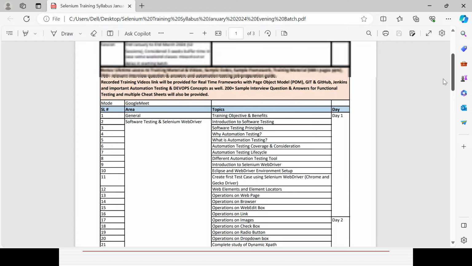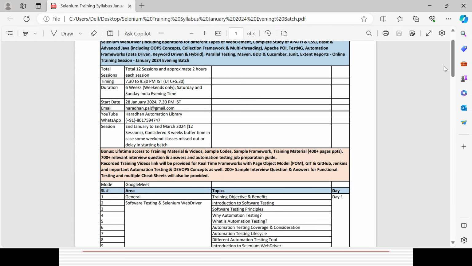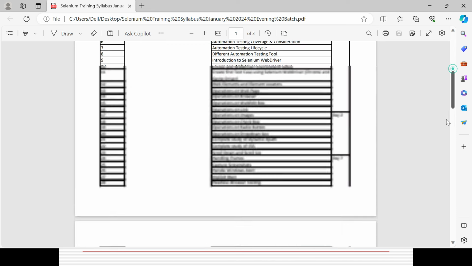And what are the additional benefits you'll be getting? Apart from the course, for every topic, every session you will get the recorded video, the PDF version of whatever I am sharing here, and the sample code. Apart from that, you'll get already recorded videos for Git, GitHub and Jenkins, a couple of documents from this area, and close to 1000 interview questions and answers, which will help you gain the confidence to go for a new opportunity. That is the different stuff I'll be providing throughout the journey of this particular batch.